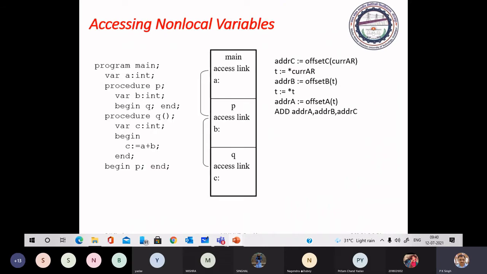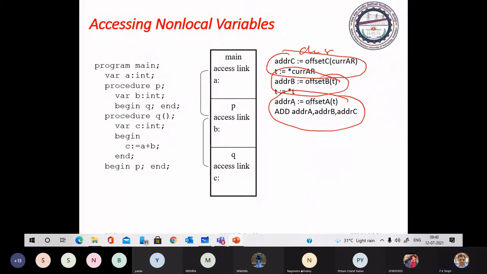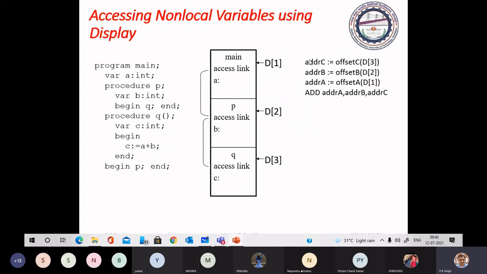You can see here we have the example. Just see, this is your display. So we have the locations to refer to, these are the locations. You can directly get the address of A, address of B, address of C, you can directly refer to them. And this is an array. In the next slide it will be clear to you. See, all the displays are written here.